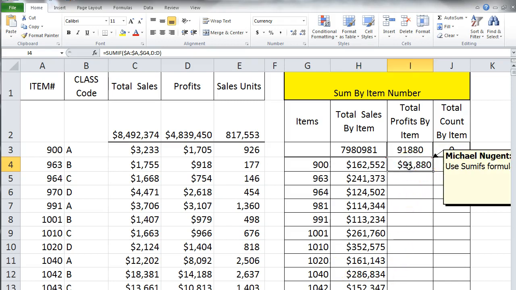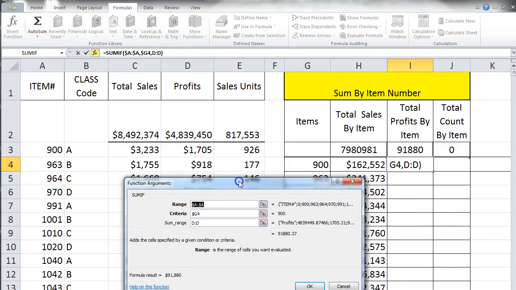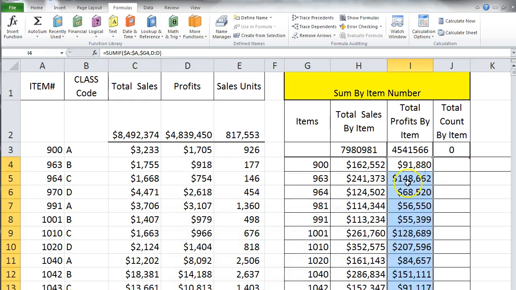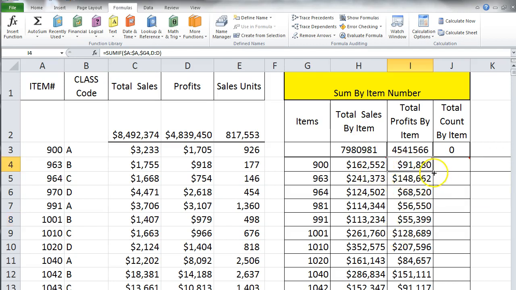Now if we review this, profits is column D. I'll open up the function box, and we see here that A is our range. Criteria is G4, where we don't want the column G to move, but we do want the row number to move. And we'll see that this will go from 4 to 5 when I copy it down. And we want to sum range D, the profits. So I'm going to hit OK. And when you go down, you see that this moves to G5, G6, G7, G8. That's exactly what we want. So that worked. Now, if I move it over one more,